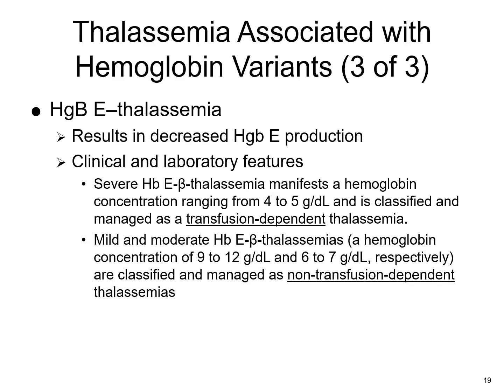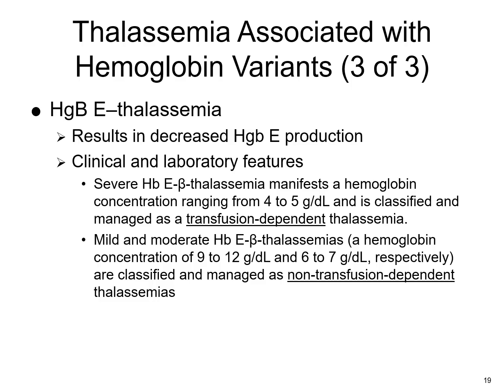Hemoglobin E thalassemia. This results from mutations that cause decreased production of hemoglobin E, which is a variant of the beta globin. This condition combines features of both hemoglobin E disease and beta thalassemia, which leads to a spectrum of clinical severity. So severe forms of hemoglobin E beta thalassemia present with hemoglobin concentrations as low as 4 to 5. These patients often experience significant anemia and complications requiring regular transfusions and are therefore classified and managed as transfusion-dependent thalassemia.